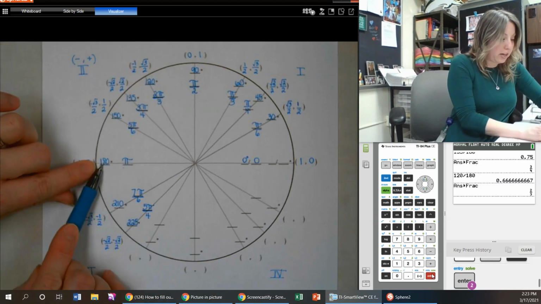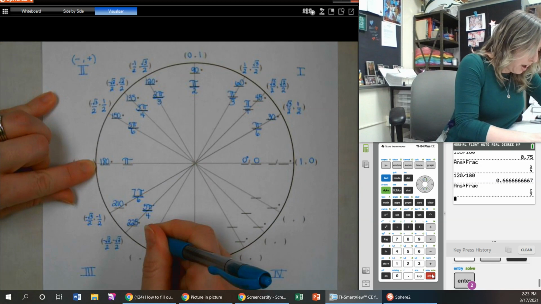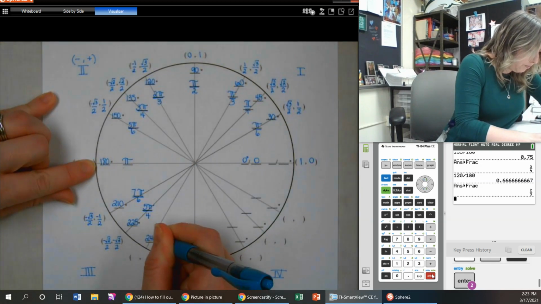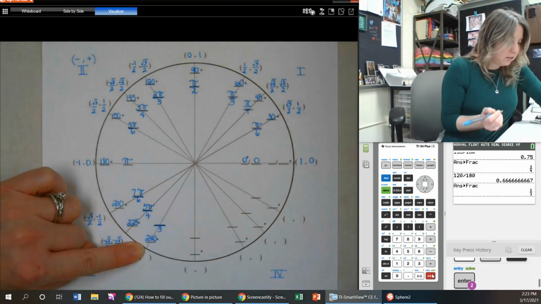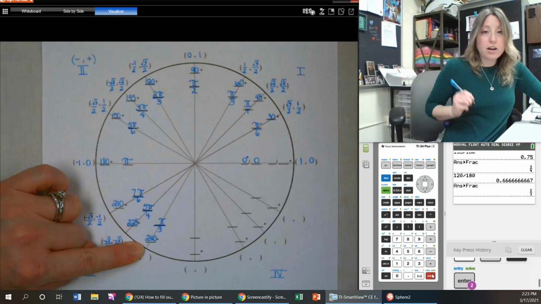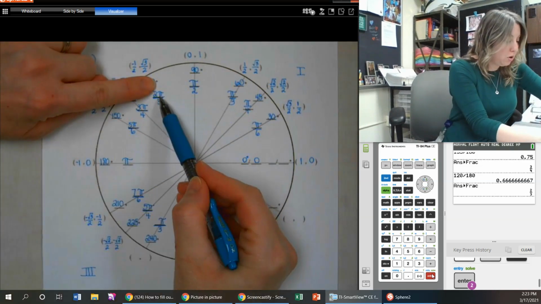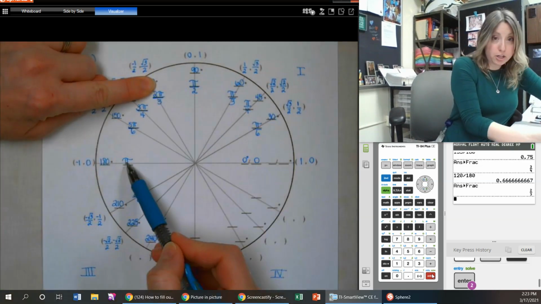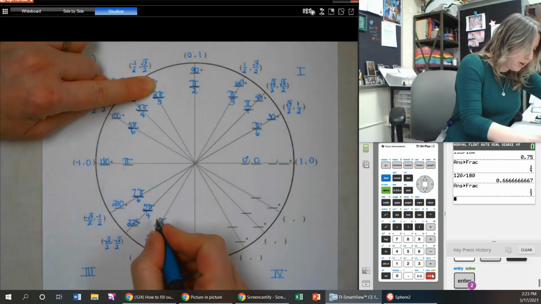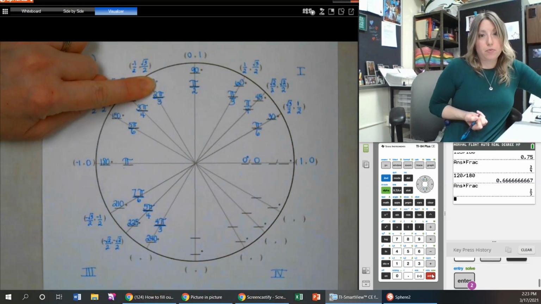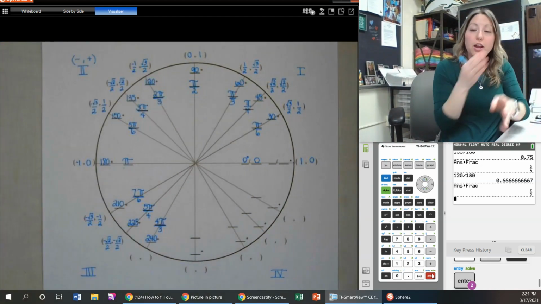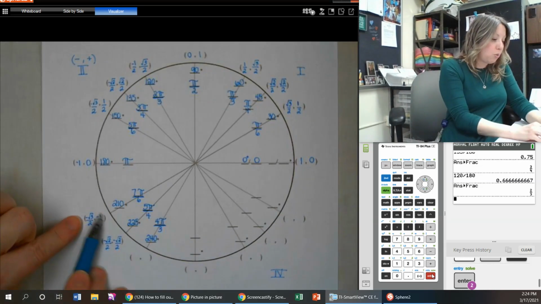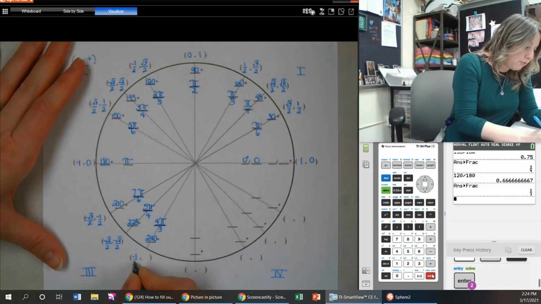60-degree reference angle, 180 plus 60, we end up at 240. This is a 60-degree reference angle, so 3 is the denominator. Okay, so something pi over 3, well, 2 pi over 3, 3 pi over 3, 4 pi over 3. Going in thirds, so we've got to go just over 1. And then again, these are inverted from this coordinate right here. So the negative 1/2 comes first, and then the negative radical 3 over 2